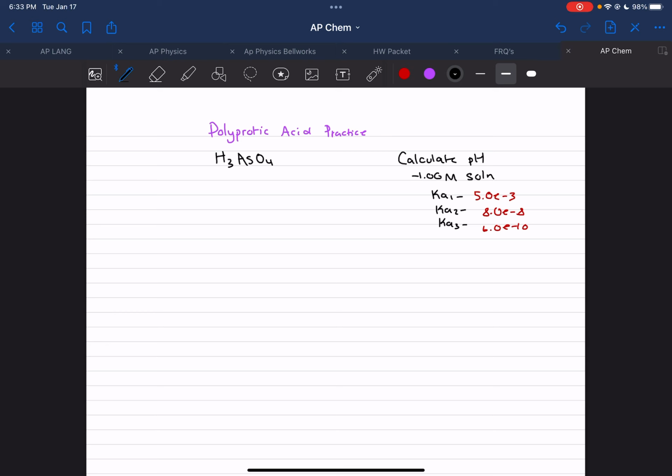So the first thing I do in these type of problems is I write out the equation, which is going to be H3AsO4 plus water is going to dissociate into H2AsO4 minus plus my hydronium ion. And I'm going to write my equilibrium expression. And my equilibrium expression will say, I'm going to use my Ka1 is going to equal